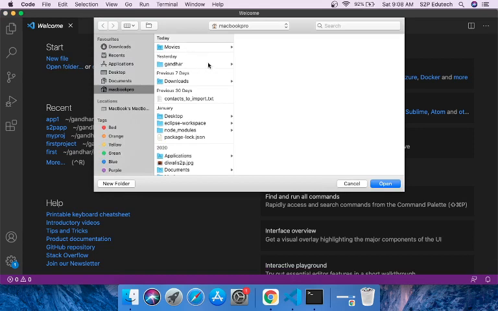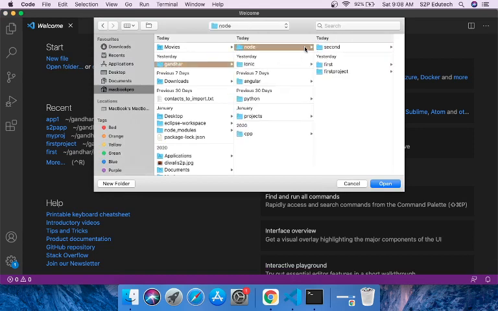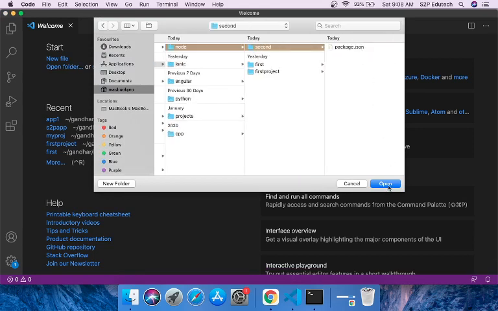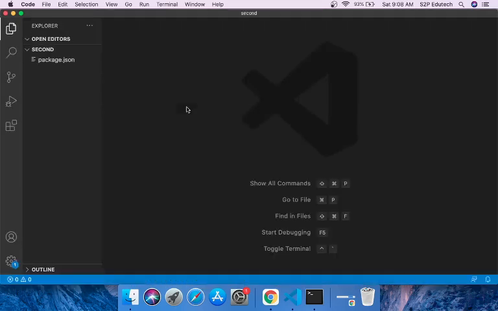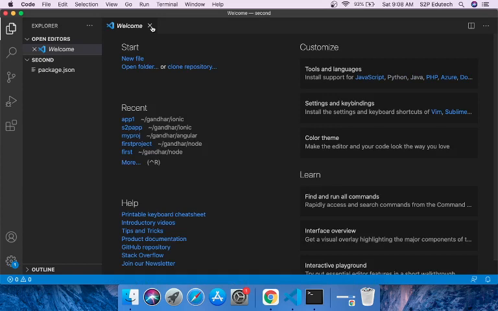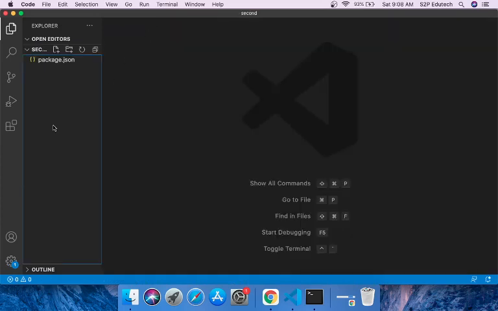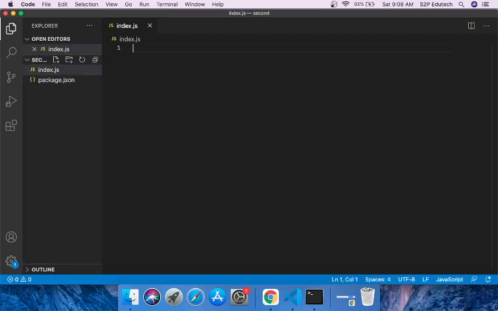Now I'll open this folder, and I am creating a new file in this. I am calling it index.js.